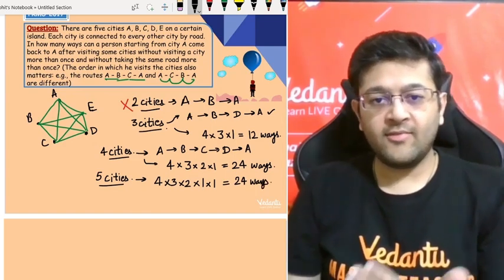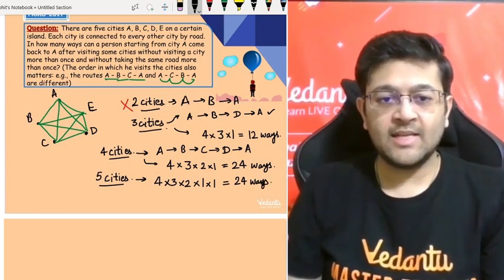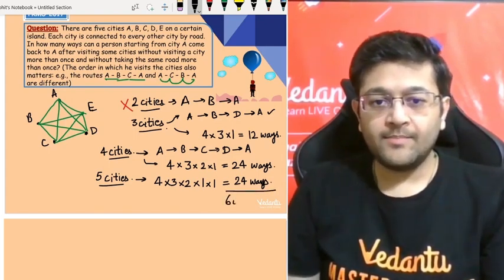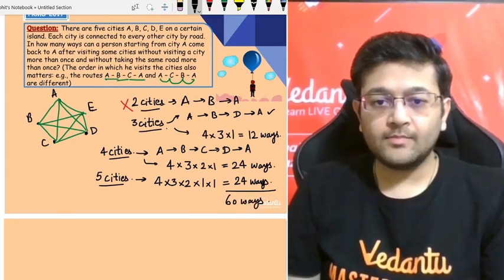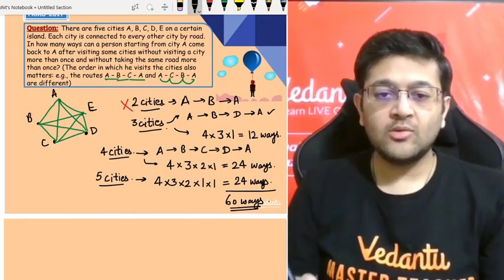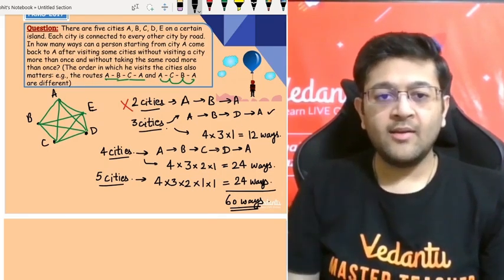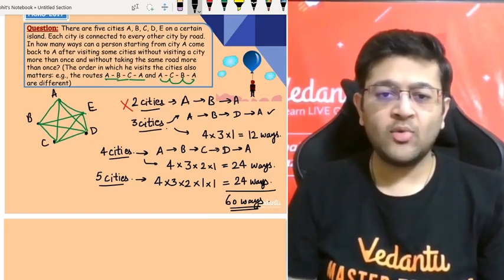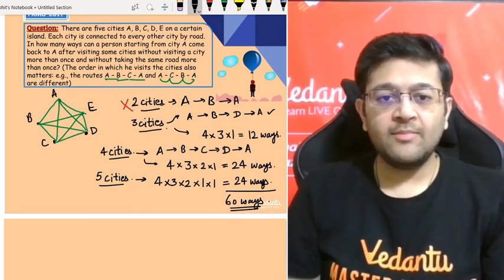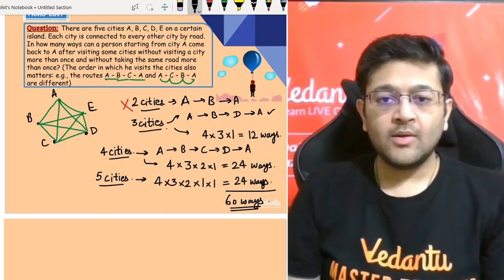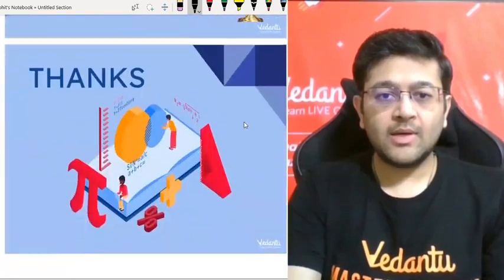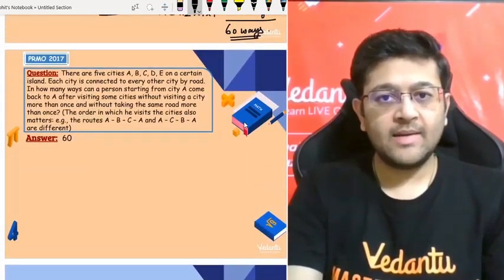So these are all the ways that we have to count, right? There will be no other case left. So now let's add these cases. 24 plus 24 plus 12 will be 60 ways to cover our routes. So there will be 60 different routes to start from A and come back to A, covering as many cities as we want. Any case, right? Okay, so that is all. This is the third question, a very important one, and it's based on combinatorics. All right. So the answer will be 60, right?